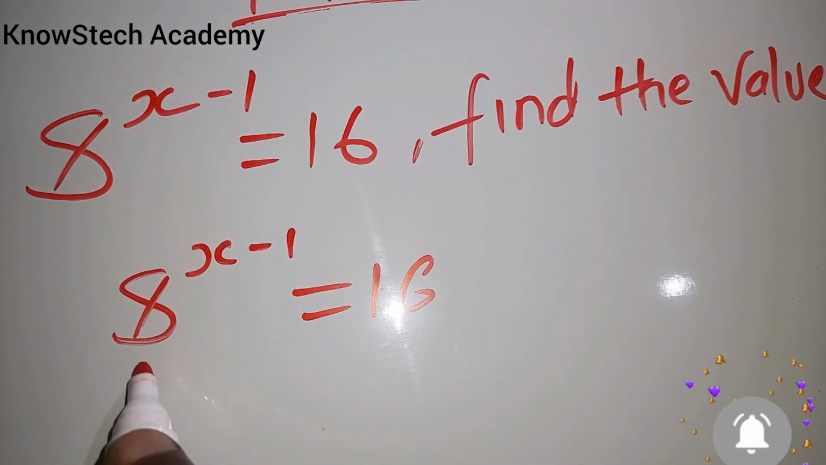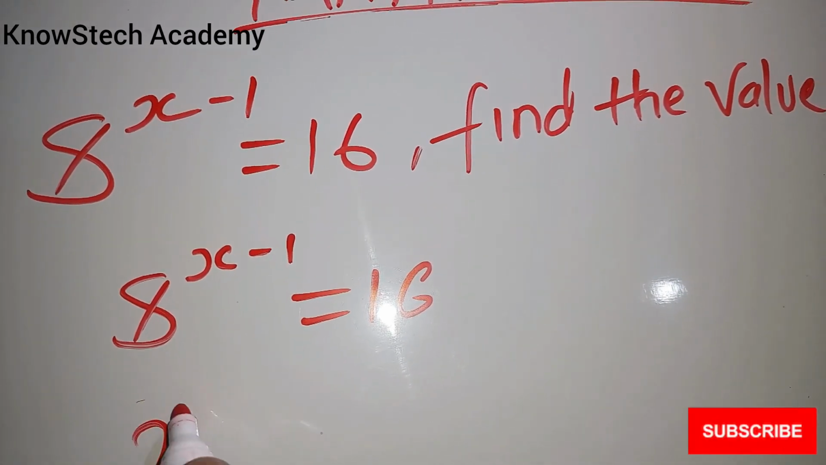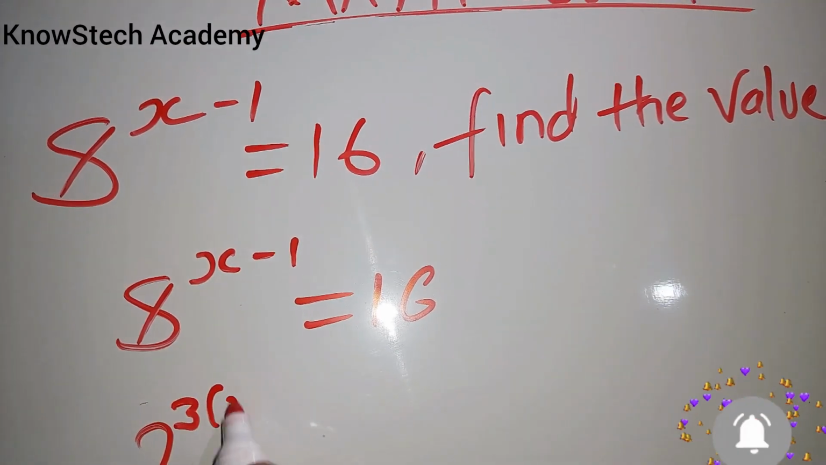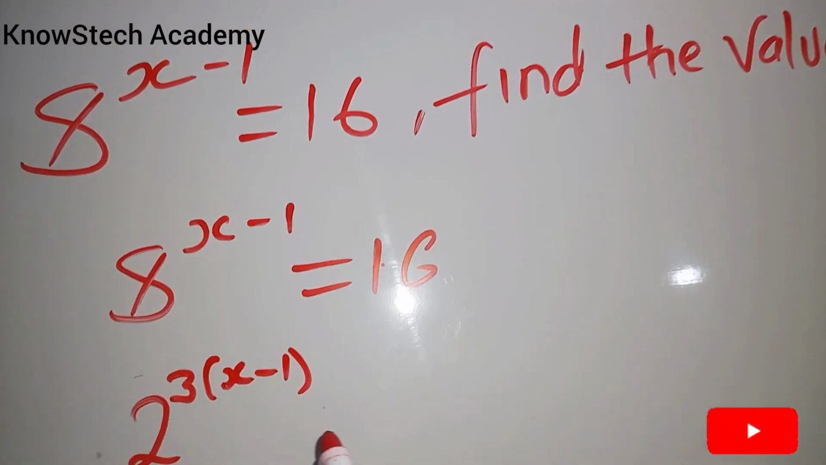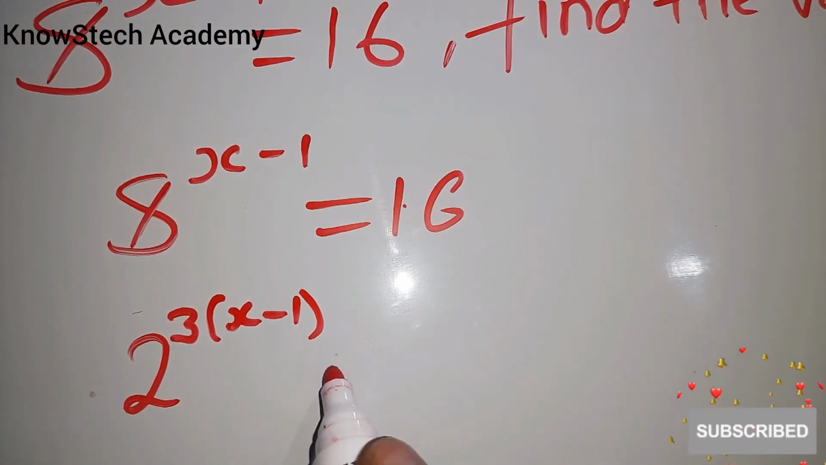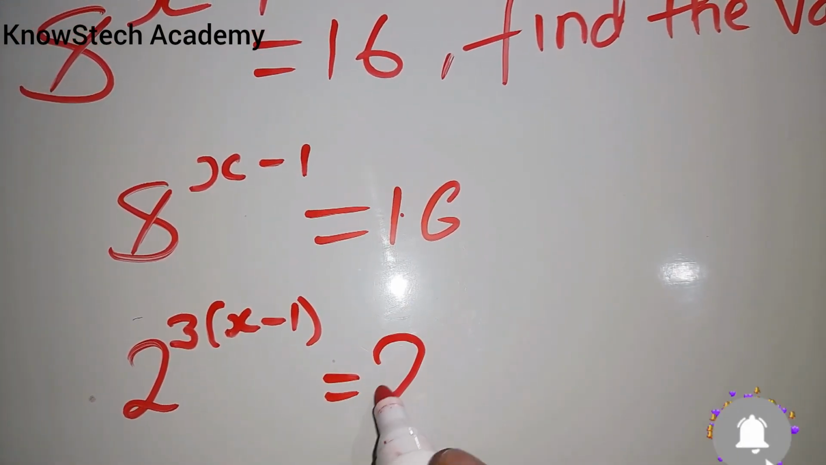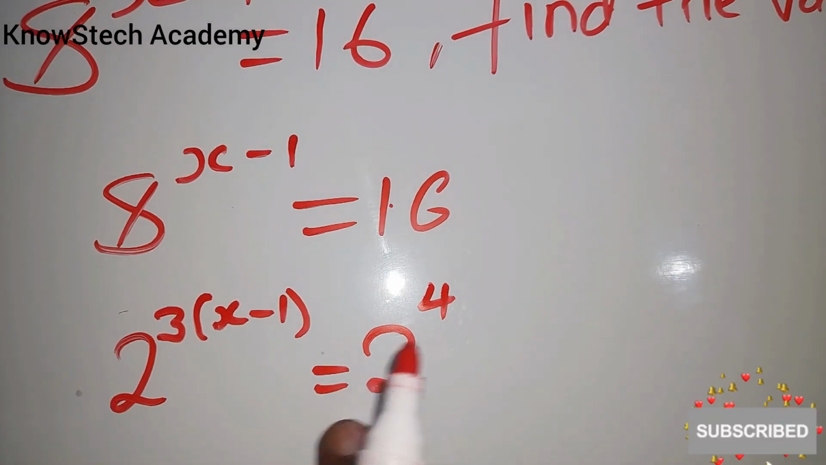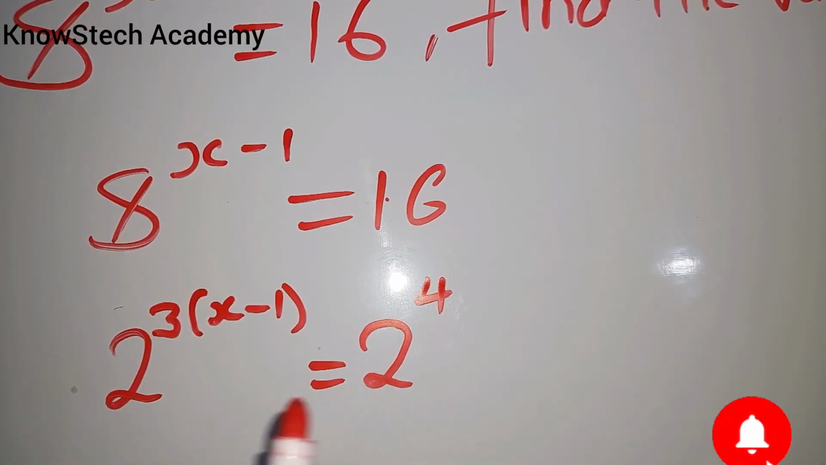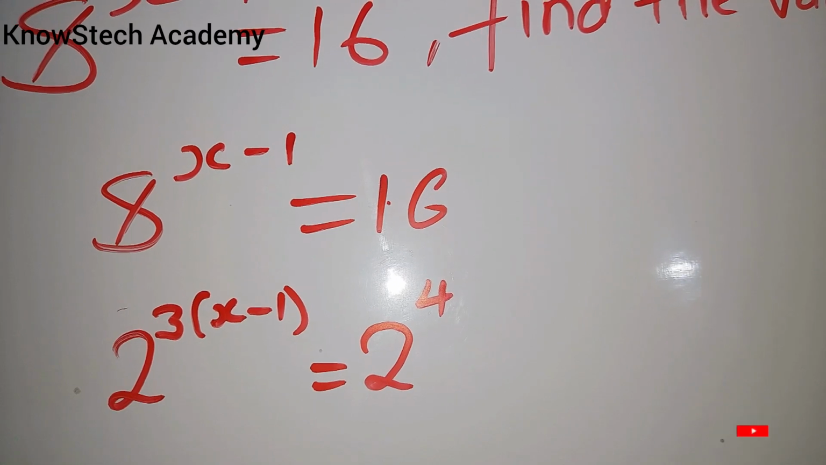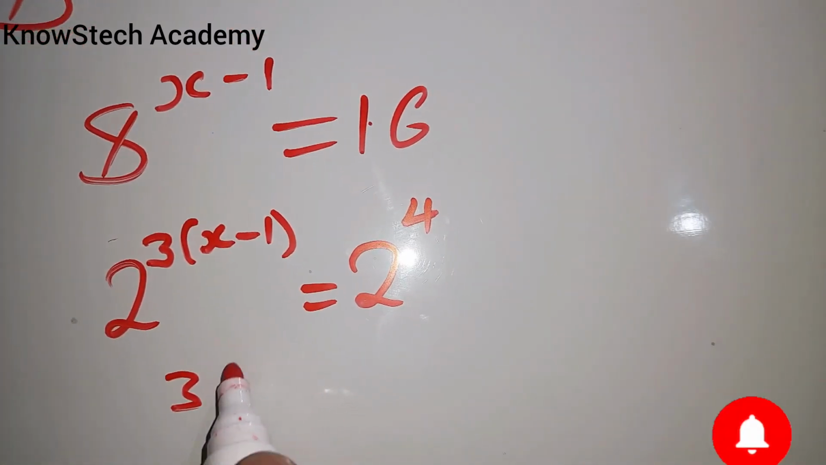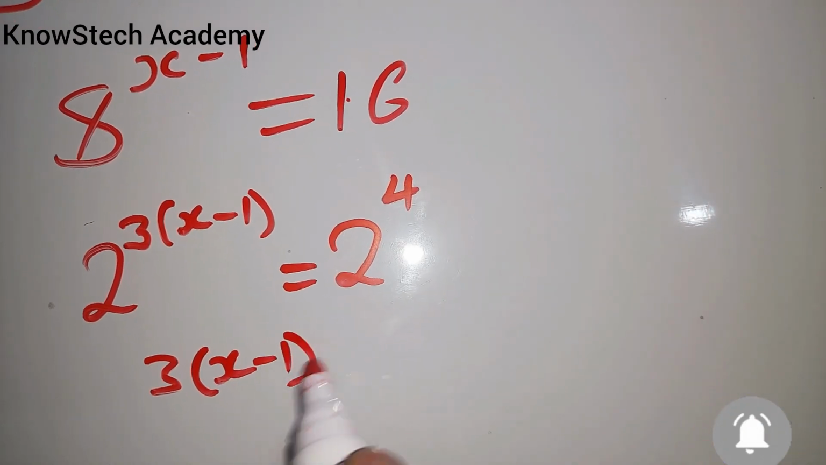Alright, so 8 is the same as 2 to the power 3. Okay, so we have x minus 1 aside. Then 16 is the same as 2 to the power 4. Now the bases are the same, we can simply equate the powers. Okay, the powers are 3 open bracket x minus 1 is equal to